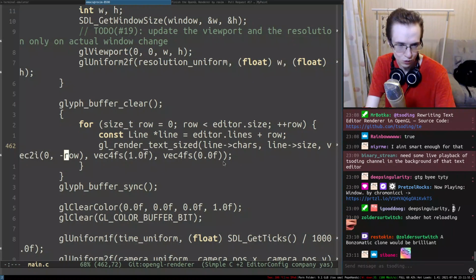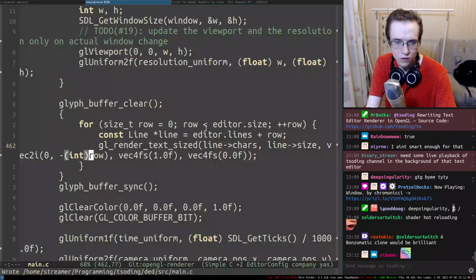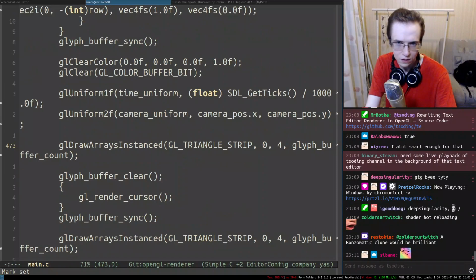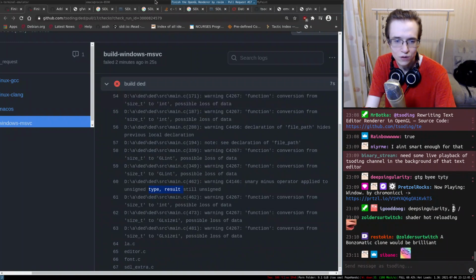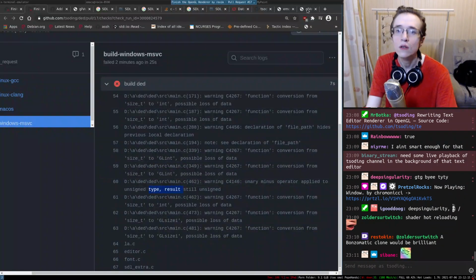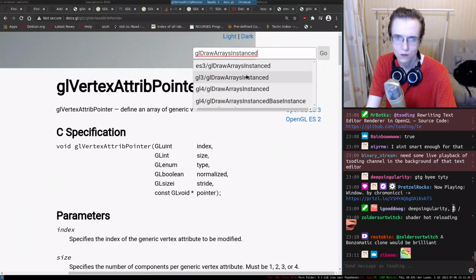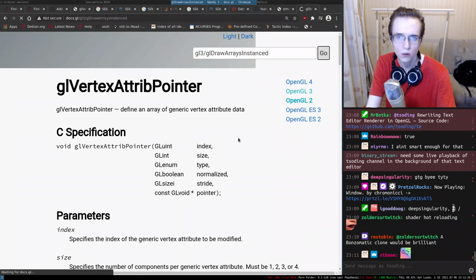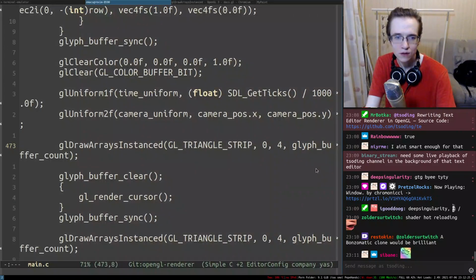Ah, I see what you mean. 473. And here, conversion GLsizei. I suppose that's what it wants. Okay, let me take a look at the function. So it can be something like this. GL3, go. Okay, so I see.